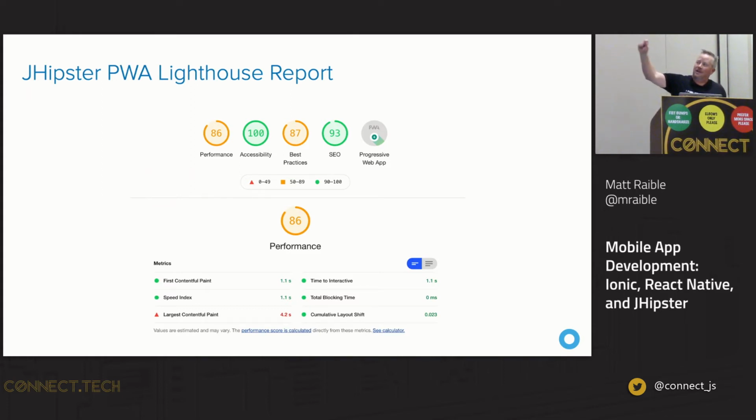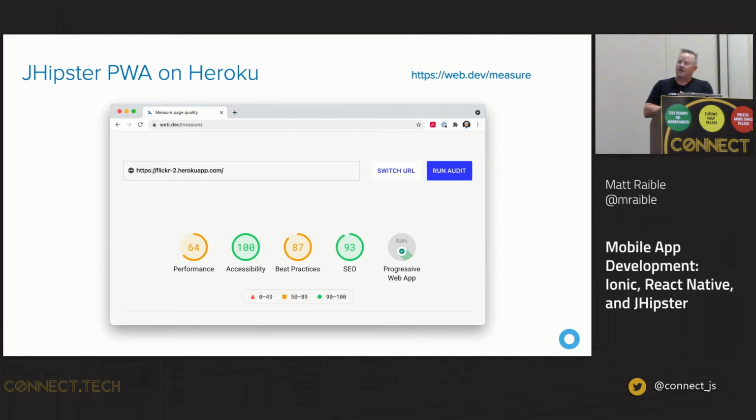It's got an indicator that's supposed to say that it is a progressive web app that satisfies those three things. It used to be a score there as well, but they changed it just to say yes, it actually is. And I also found a new tool that works pretty well, web.dev/measure. You can run a Lighthouse report on any site that's publicly on the internet. So I took this app and I deployed it to Heroku, and then I ran